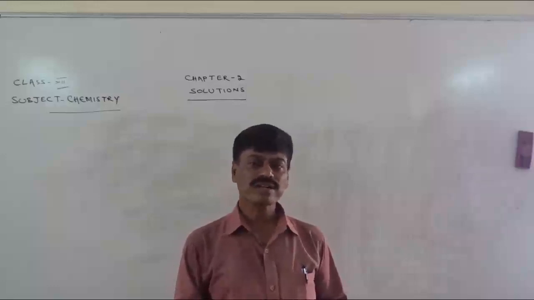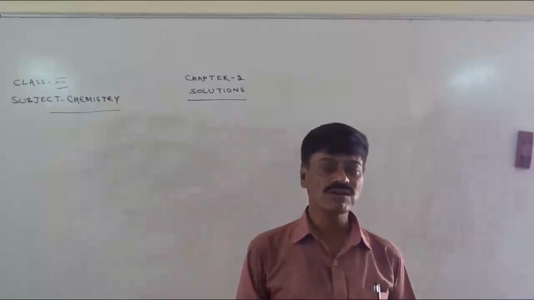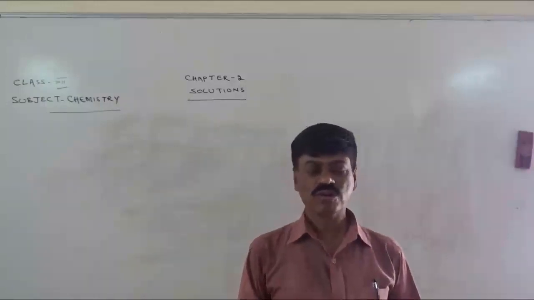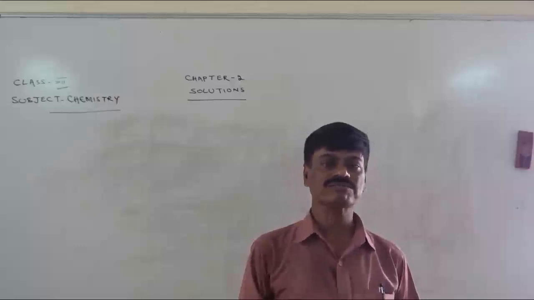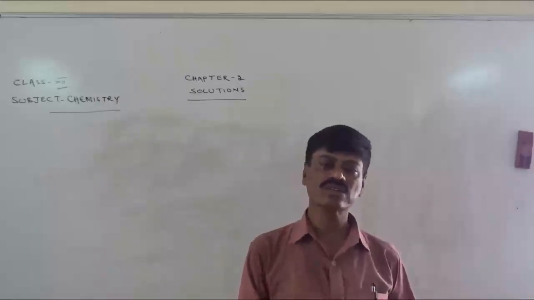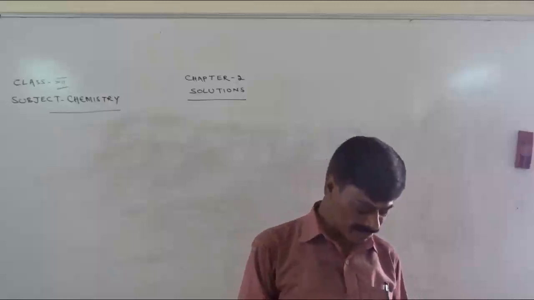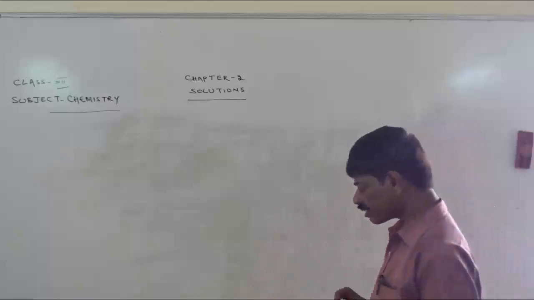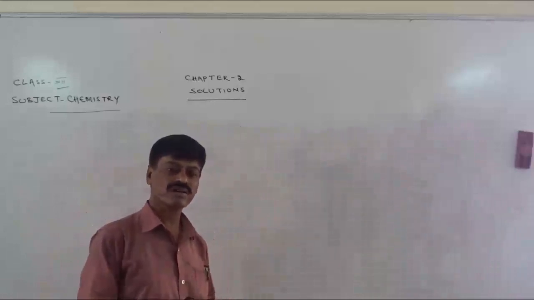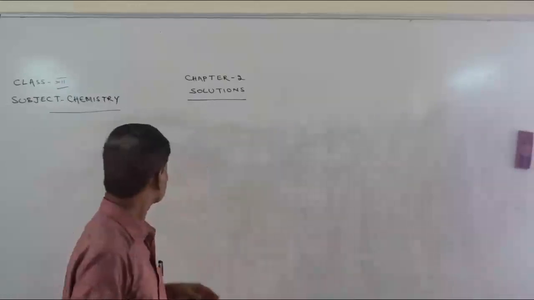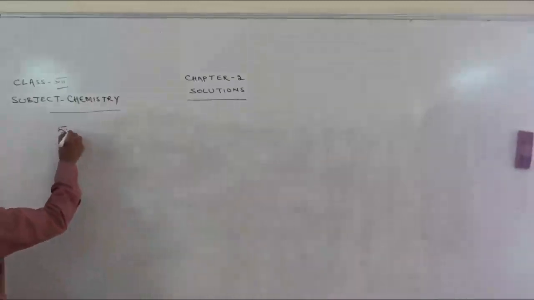When this molar solution is heated, or when the temperature of this molar solution is brought down, there will be a change in the volume of that solution. So molarity is n_B by V. In that formula, when the denominator fluctuates, meaning the volume of the solution undergoes slight changes, definitely a change in the molarity will come. So molarity is dependent on temperature. This is the main point. Molarity depends on temperature.